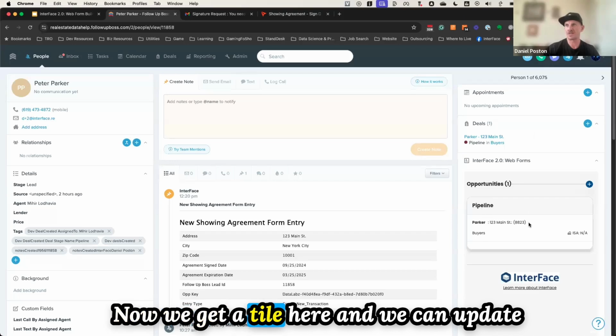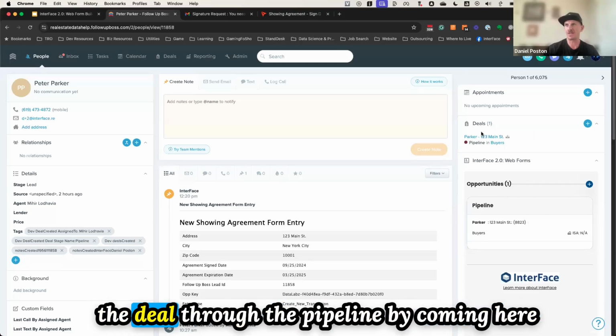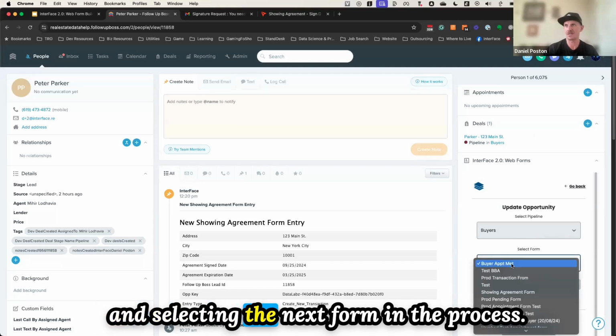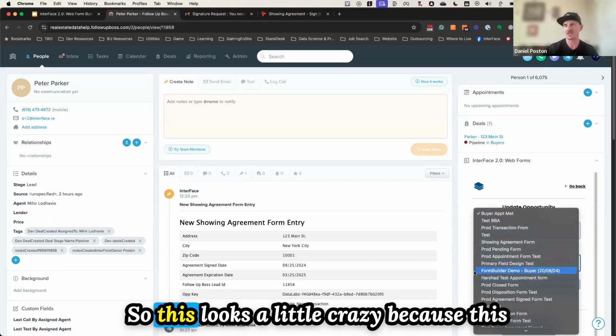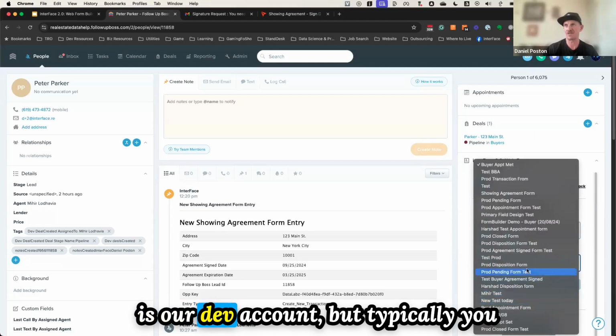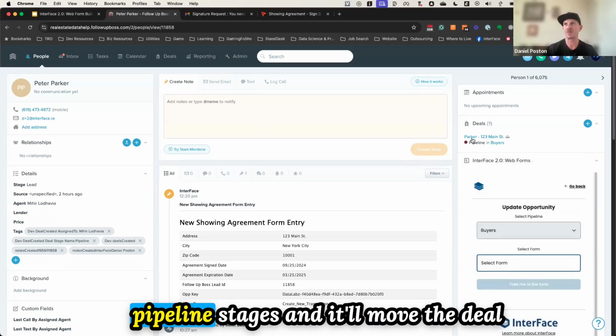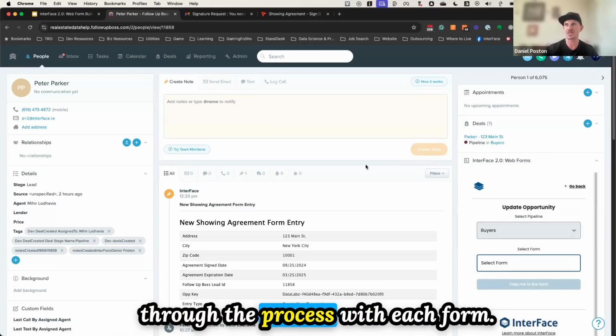Now we get a tile here, and we can update the deal through the pipeline by coming here and selecting the next form in the process. So this looks a little crazy because this is our dev account, but typically you would have a form for each one of your pipeline stages, and it'll move the deal through the process with each form,